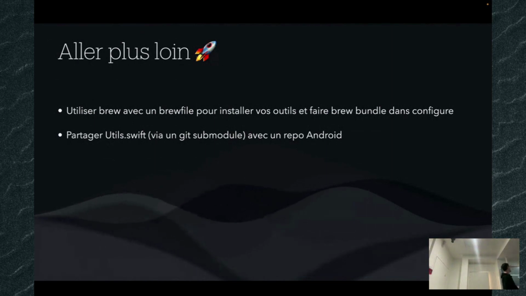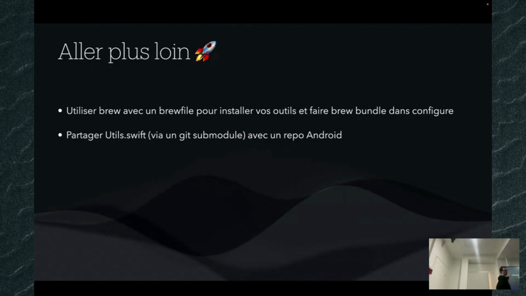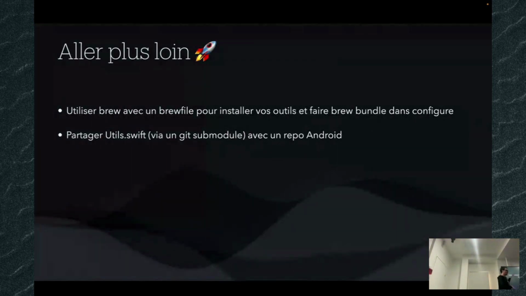What I can give you are some tips to go further. For example, you can put a SwiftLint here if you want to use it in your Git hooks.